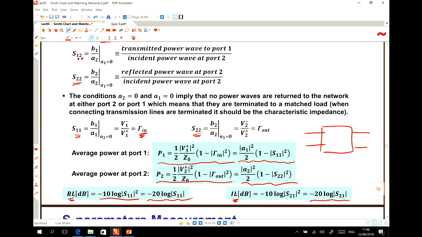If you go to the definition of the insertion loss and return loss, I mentioned last week that the return loss in linear plus the insertion loss in linear plus the loss of the system, divided by, normalized by the power, is always equal to 1.